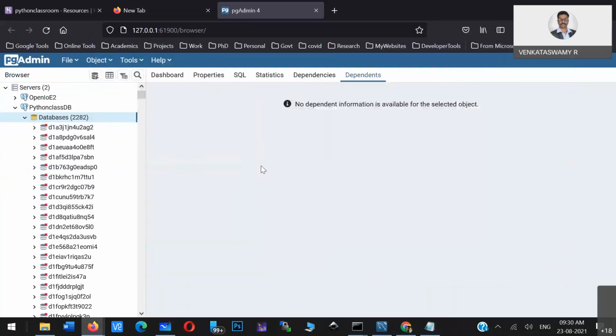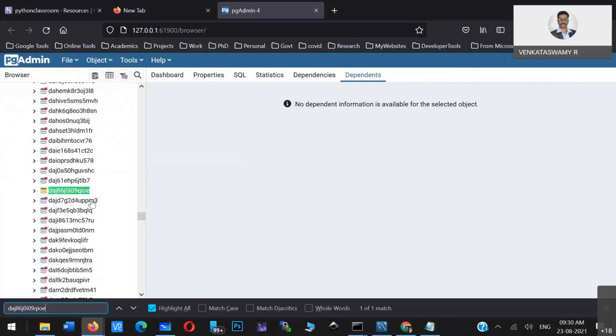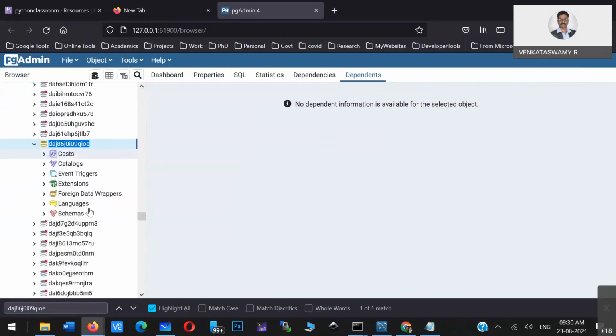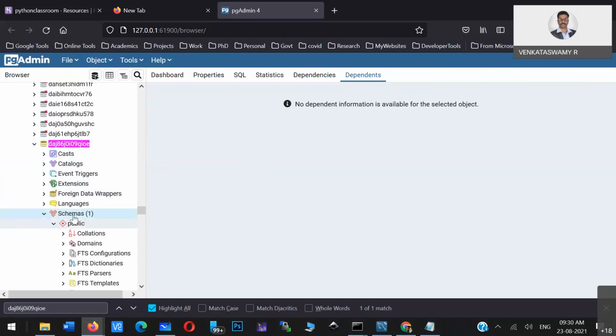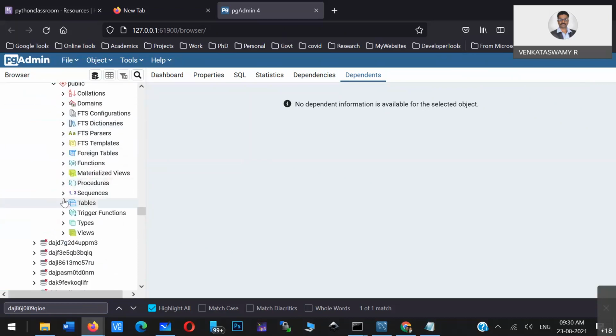Okay, so Control F, Control V in browser. You can see here only this particular database is accessible to you. Other things have a cross mark; you can't access those databases. So under that database, go to schema. Under that particular schema, you have tables. Currently there are no tables, correct? There are no tables.